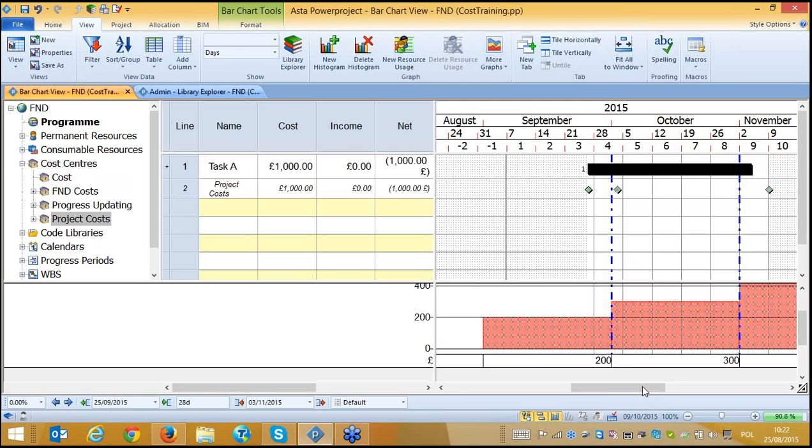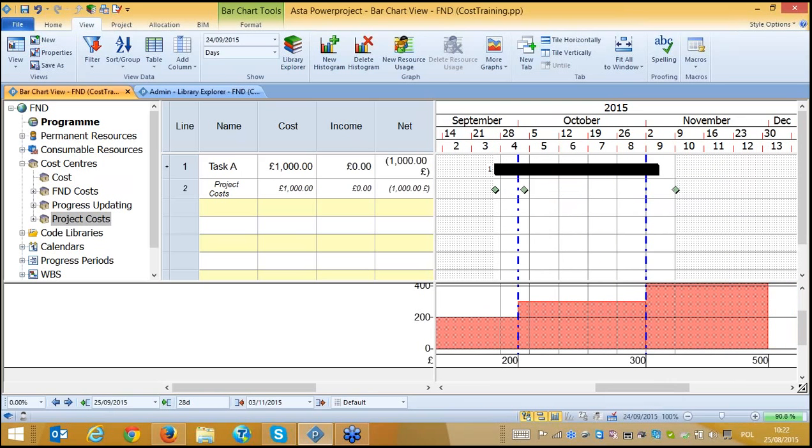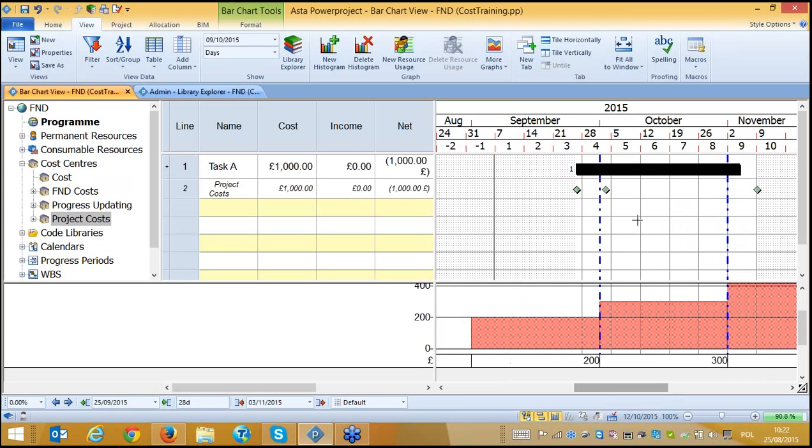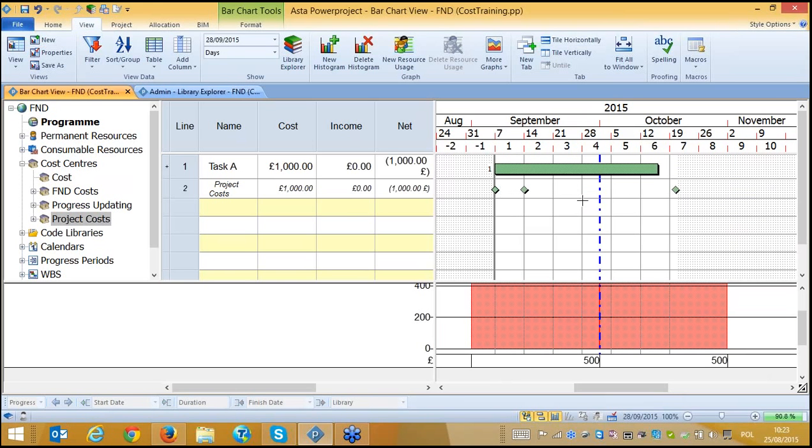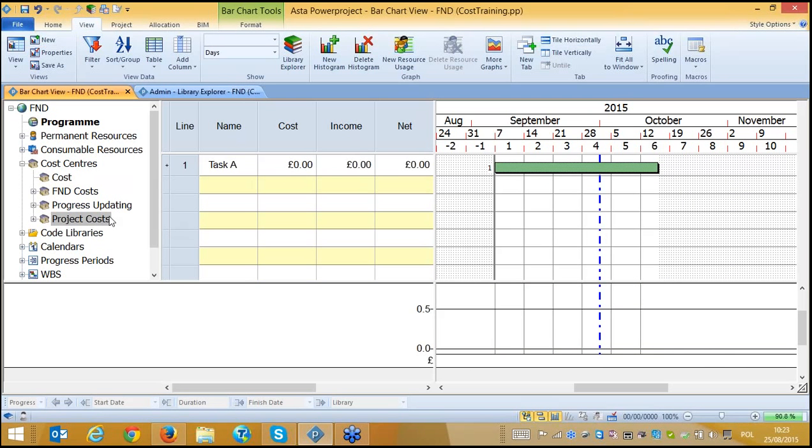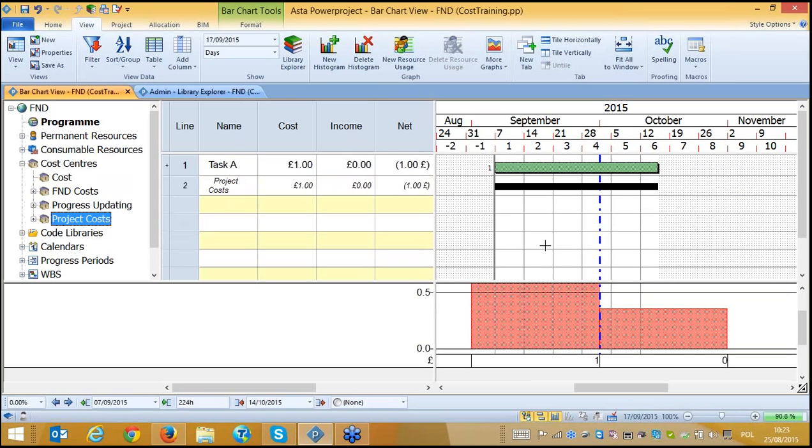So you see here how it is changing. If we drag the activity, you see at the activity start we have 2000, and after the activity starts 5 days later, so it's in October, we have 300, and in November we have the rest, so it is the 500. So it is really very powerful how we can analyze and how we can plan our cost in Asta Powerproject. So this is the fixed model. Now I'm going to just delete them, and now I would like to show you the second method, which is